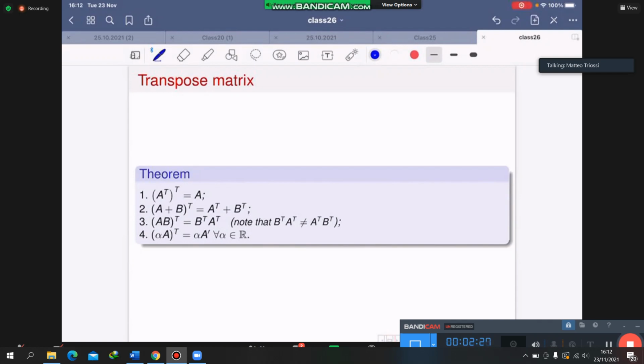Remember that in general, a note here. Note, in general, AB is different from BA, so there is no reason why the transposition of B times the transposition of A should be equal to the transposition of A times the transposition of B. Even more, it may be the case that